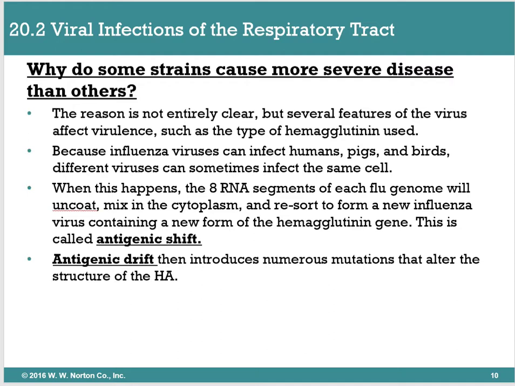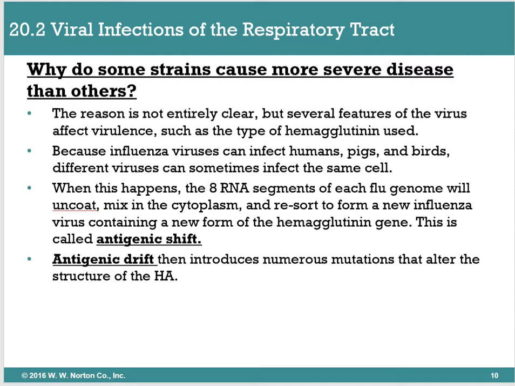Because influenza can cross species, because it has a broad host range, it can infect pigs, birds, humans, primates, a multitude of hosts, then that means that it can also infect different types of cells. So whenever you have a flu virus that generally infects humans or generally only infects pigs, but then they come together because they can infect the same cell type, or multiple cell types, I should say, what will happen is